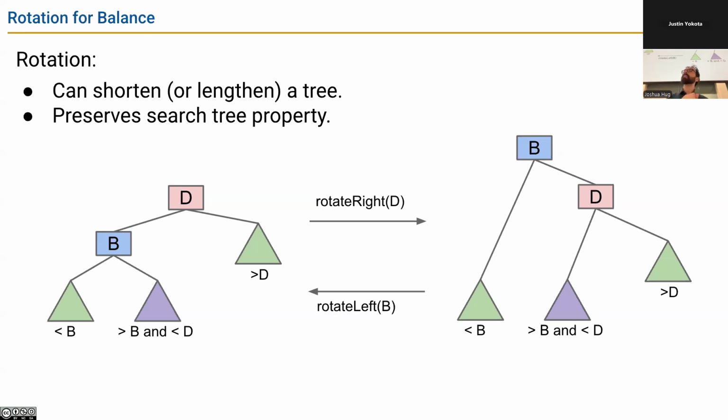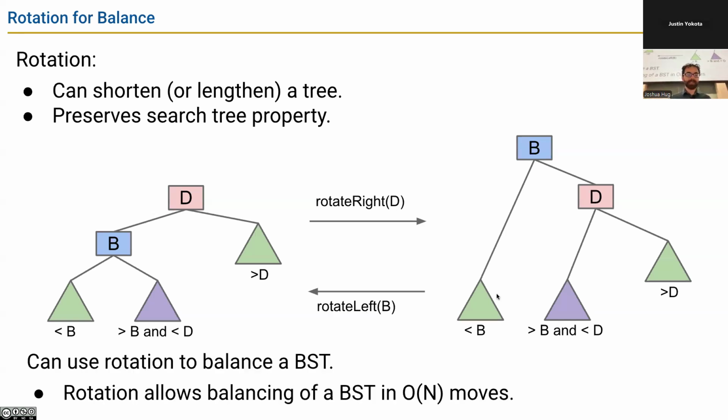Right. So in the case, the question was, do we care about weight, height? I would say that what you want is a tree with the minimum average depth. That's probably what you want. Yeah. So using rotation, we can balance a binary search tree. And in particular, rotation allows us to balance a tree as much as possible in big O moves. We know that from what I said earlier, where you can get to any other configuration in 2n minus